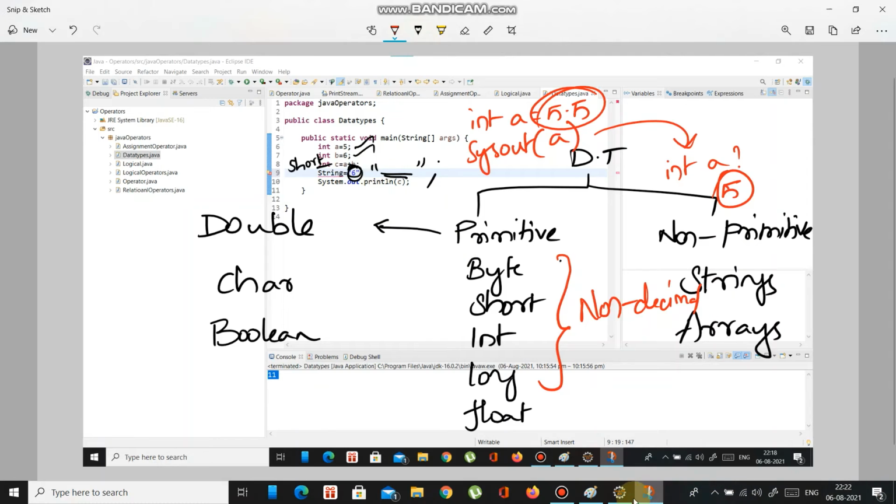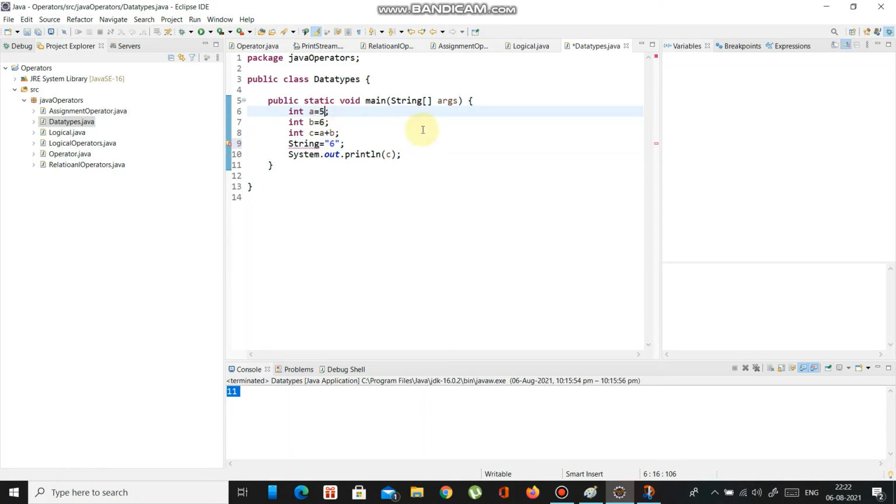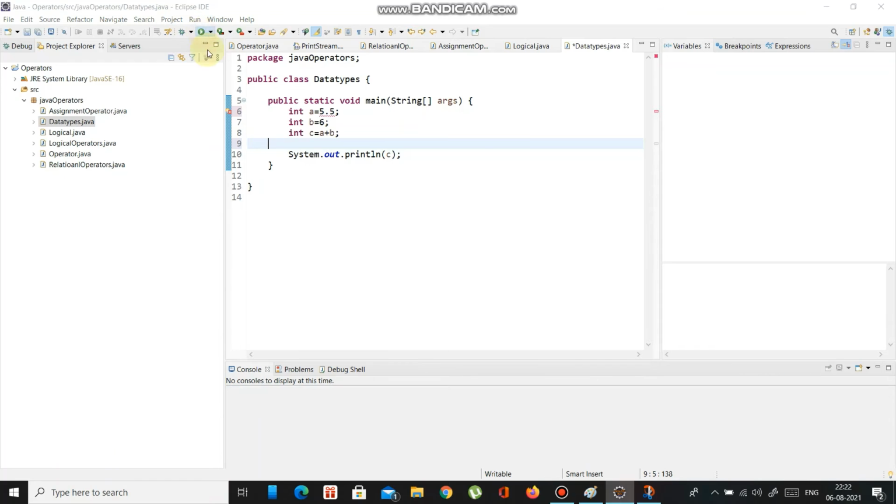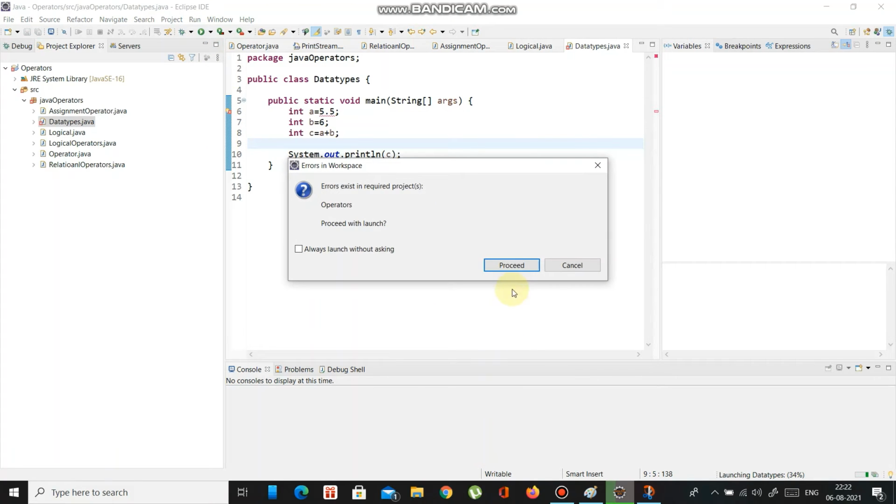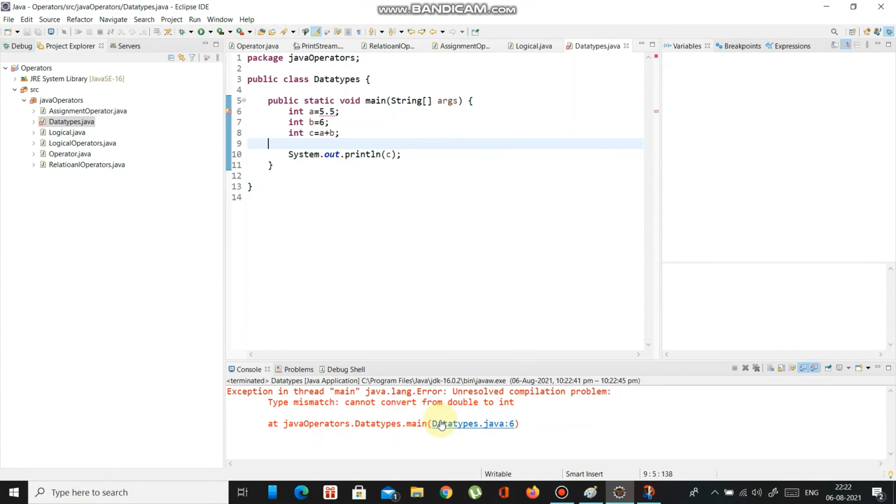So let me show you. See, now I am typing 5.5. Okay, type mismatch, cannot convert from double to int. See, if I run, okay, proceed. See, exception in thread, type mismatch cannot convert from double to int.